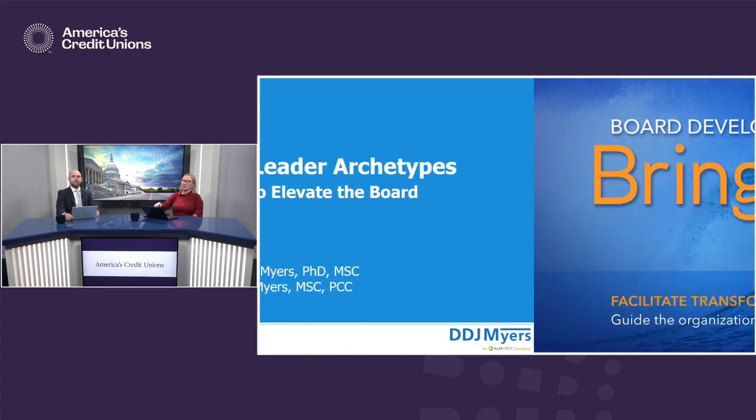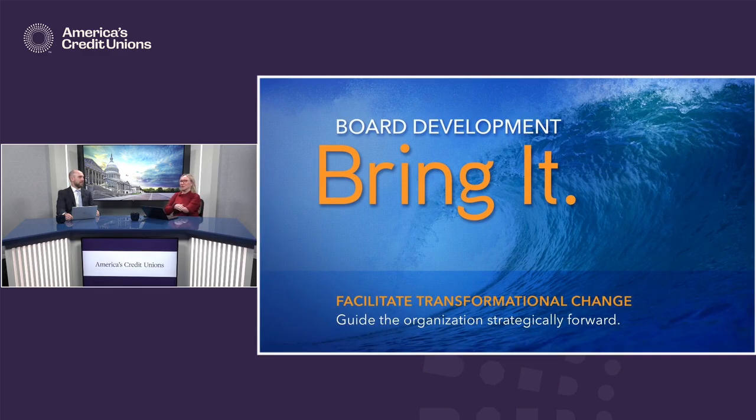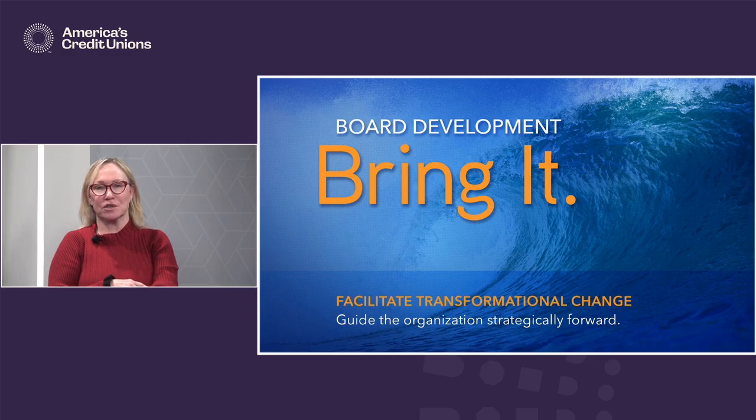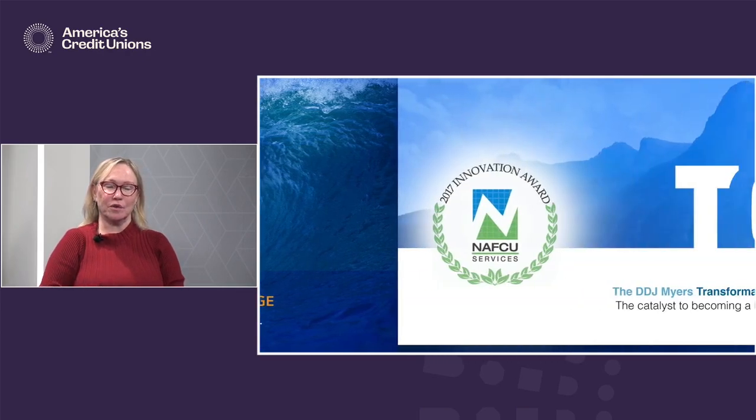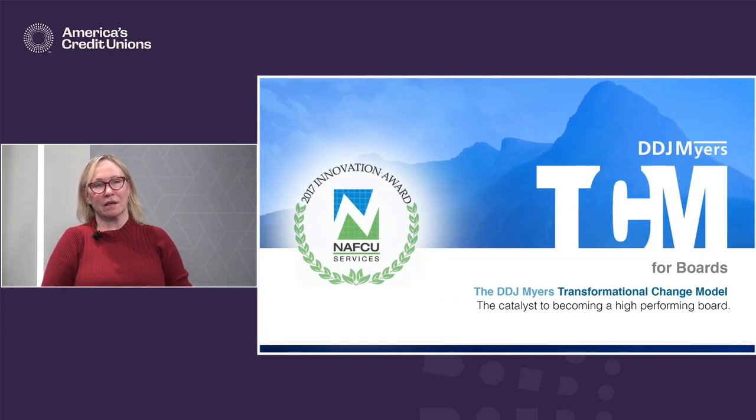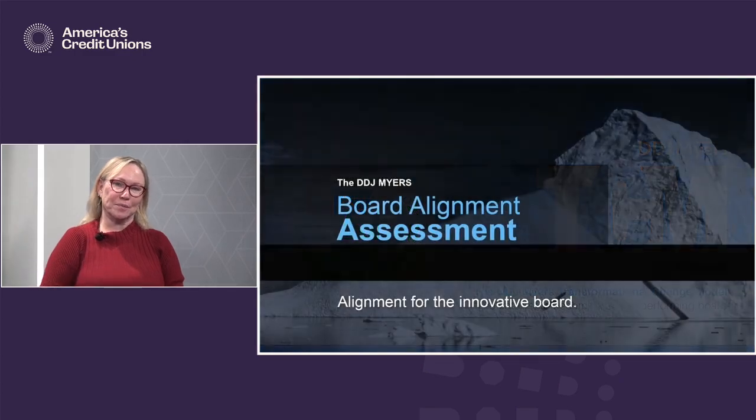So let's get going. A little background on where we got started: many years ago we did some practical research, action research, academic research to look at how we can help boards transform. What does it require for a board to figure out, okay, we're doing well now, and how do we need to organize for the future? We did some work that became the transformative change model that we've been building off of every year, a catalyst to becoming a higher performing board chair, officer, and board member. So we're excited to keep expanding that today as well.